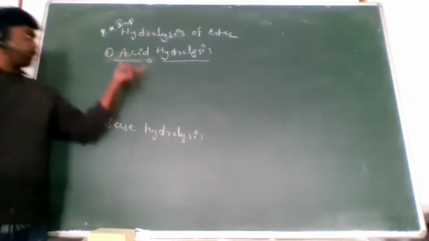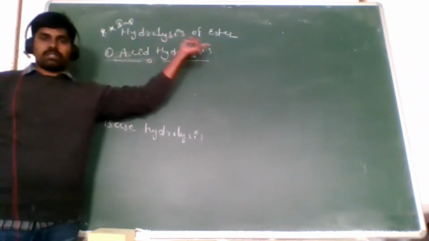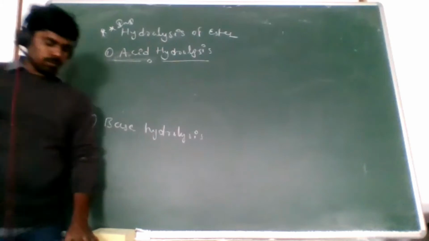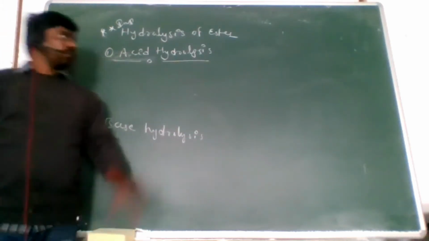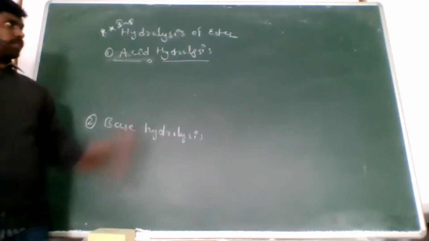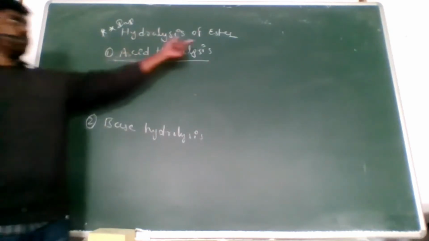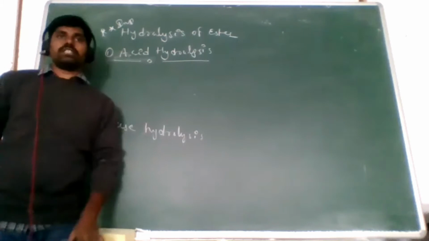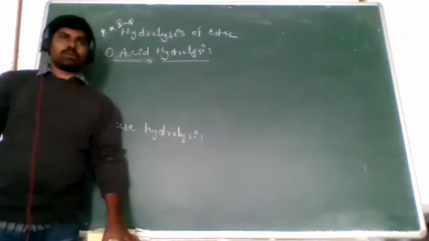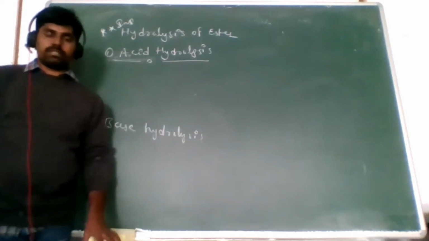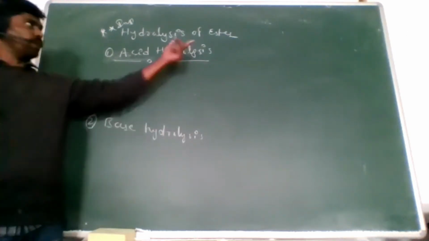Right. The next topic is the hydrolysis of ester. An ester is also a derivative of the carboxylic acid. From the carboxylic acid, in its chemical properties, we get esters. When a carboxylic acid reacts with acetyl chloride, we get esters. So that is a derivative of ester.